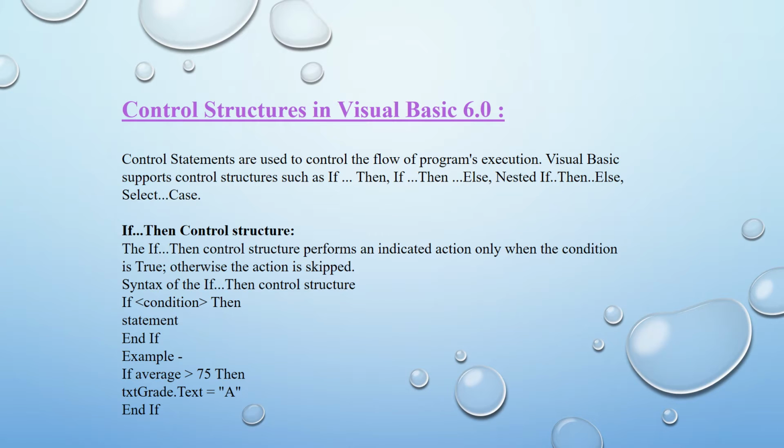Now, first, the If Then control structure. The If Then control structure performs an indicated action only when the condition is true, otherwise the action is skipped. Syntax of the If Then control structure: If condition Then statement End If. Now the example of the If Then control structure is: If average > 75 Then